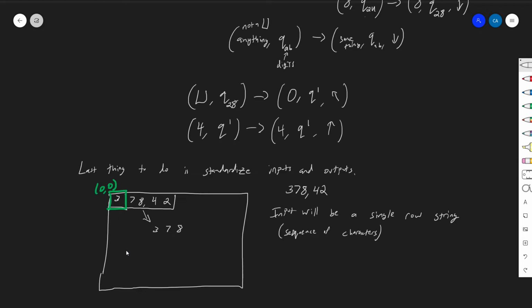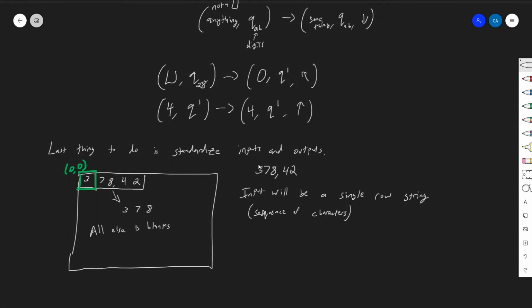Everything else will be blanks. And if the Turing machine stops, which it doesn't have to, there's no guarantee that it will, we call what's written on this first row